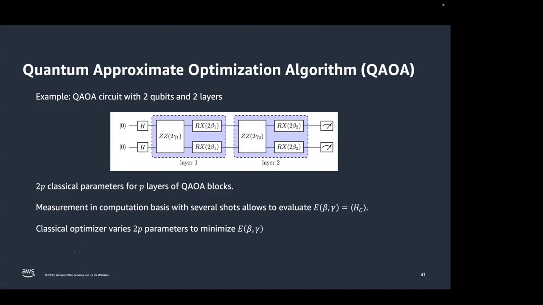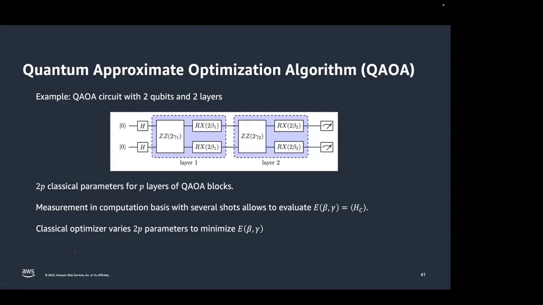Okay, so here, if you remember the classical machine learning pipeline, you have some certain hyperparameters, right? So here a hyperparameter will be the number of layers, like layer 1 and layer 2. That will be a hyperparameter. And the parameters, similar to the weights of the neural network, are basically these parameters: gamma 1, beta 1, gamma 2, beta 2, and so on and so forth. So now we're going to use these hyperparameters and these parameters to run an iterative algorithm and find out what the optimal value of these parameters are to maximize HC.